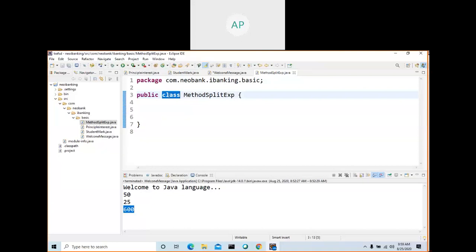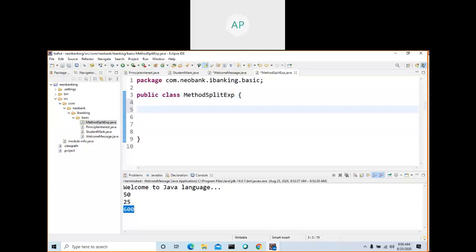So modifier, I will explain about modifier when I teach you OOPS concept. CLASS, the keyword. In Java, there are a lot of keywords, and I will show you in Java T point what are the keywords available in Java. So what are the modifiers available in Java? Public, private, protected. So as of now, make it public. I will explain about all these things. So if you want to create a class, type CLASS and any name.